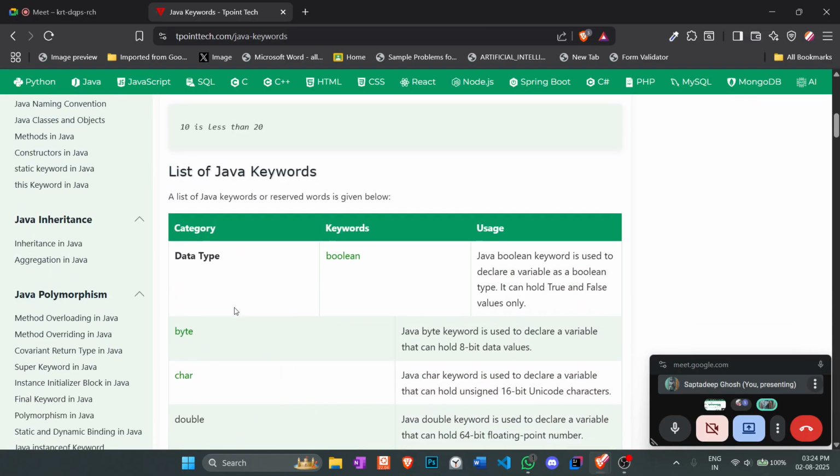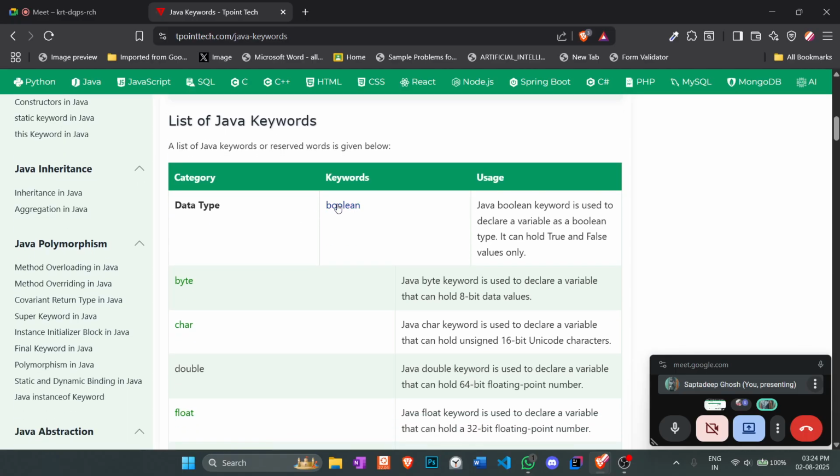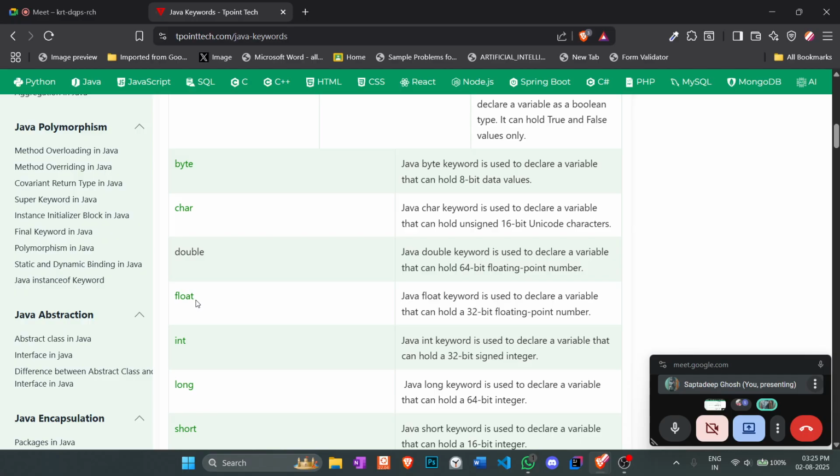So let's just have a look over these keywords. So first there is Boolean. I'm sure you have heard about it. These are just data types. So Boolean is a data type. Byte is a data type, right? Char is a data type. Char is the short form of a character. Double,